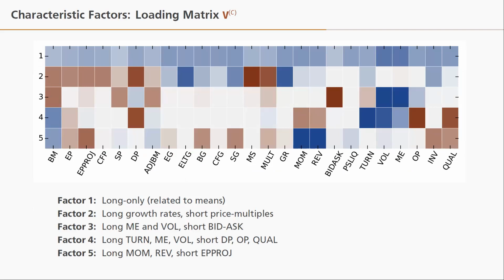This is sort of the loadings matrix on the characteristics. The first factor has only positive loadings, and the others are long-short. So this is close to the mean. And this, for example, would be going long in fundamental growth rates and short in price ratios. This is very consistent with